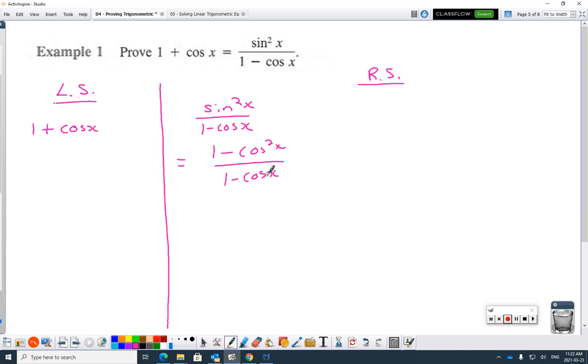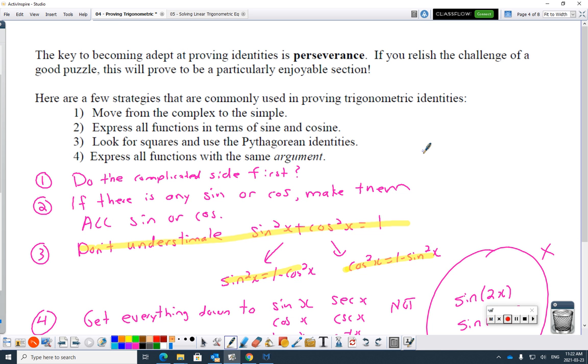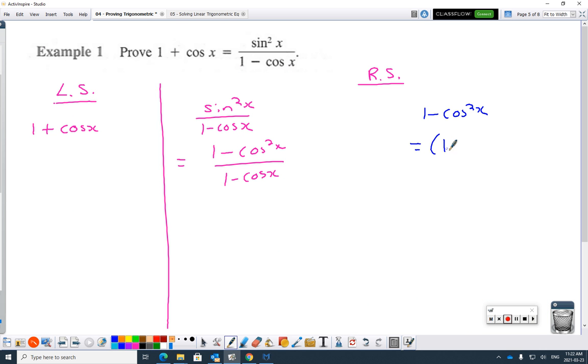So let me put this over here in another color. That 1 minus cos squared factors. It's a difference of squares. How handy is that? That's why I said don't underestimate this thing, because it replaces sine squared, but not only that, what's left factors nicely every time into 1 minus cos x and 1 plus cos x. So watch out for that. You can almost see it coming after doing a few of these. You can see that 1 plus cos x over there, and you're like, oh, that's part of the factoring of 1 minus cos squared. So then when I go back over here, the numerator becomes